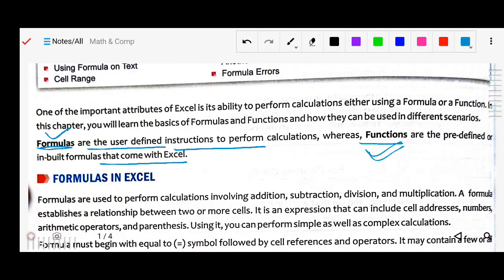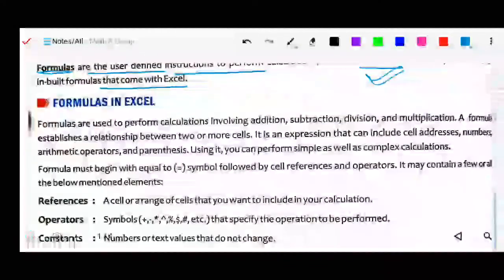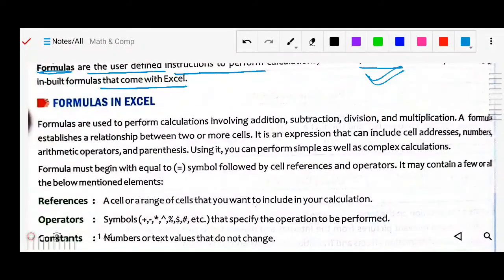Next, formulas in Excel. So some formulas are there in Excel, so that we will see. Formulas are used to perform calculations involving addition, subtraction, division and multiplication. So these four are the basic calculations which we perform. A formula establishes a relationship between two or more cells.